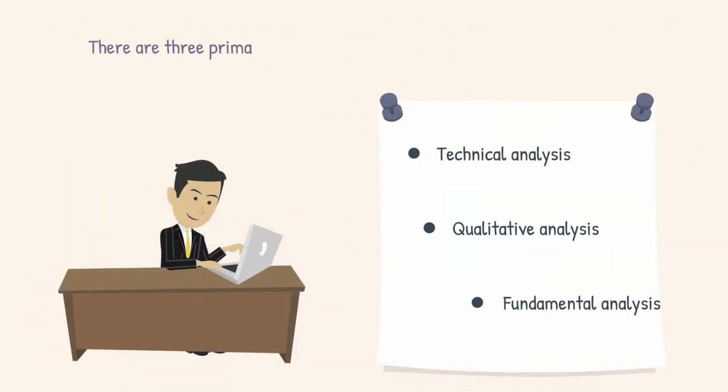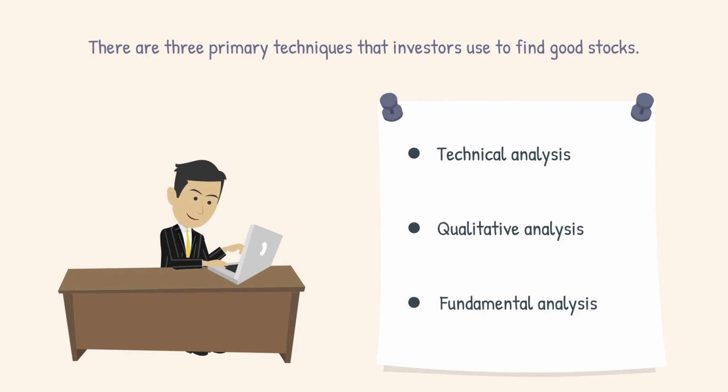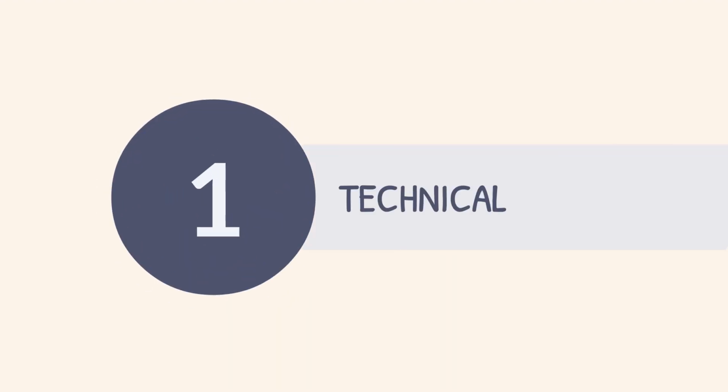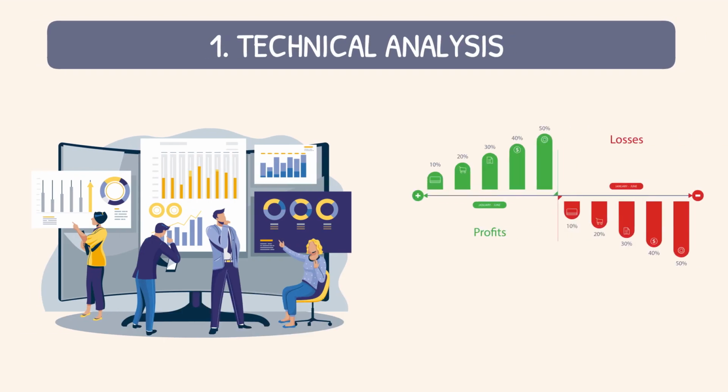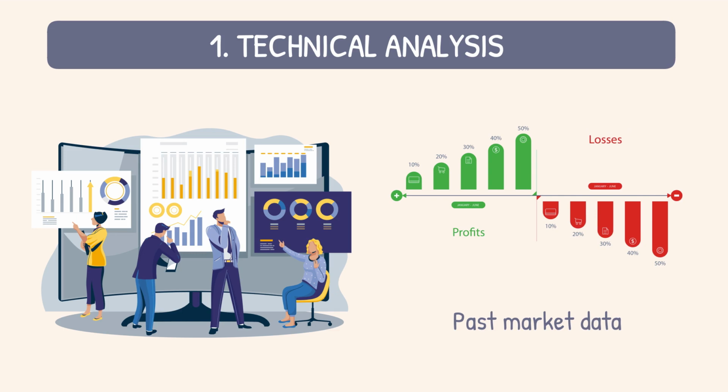There are three primary techniques that investors use to find good stocks: technical analysis, qualitative analysis, and fundamental analysis. Let's go into the details of each of these techniques. The first technique is technical analysis. Technical analysis is a type of investment analysis that focuses on the study of past market data, primarily price and